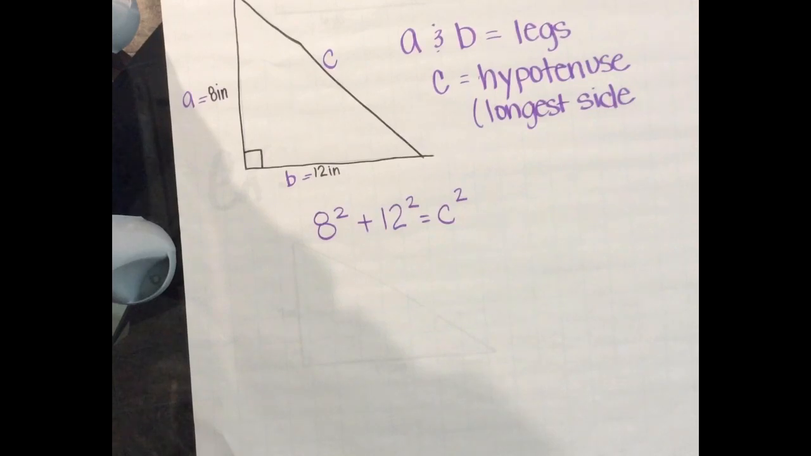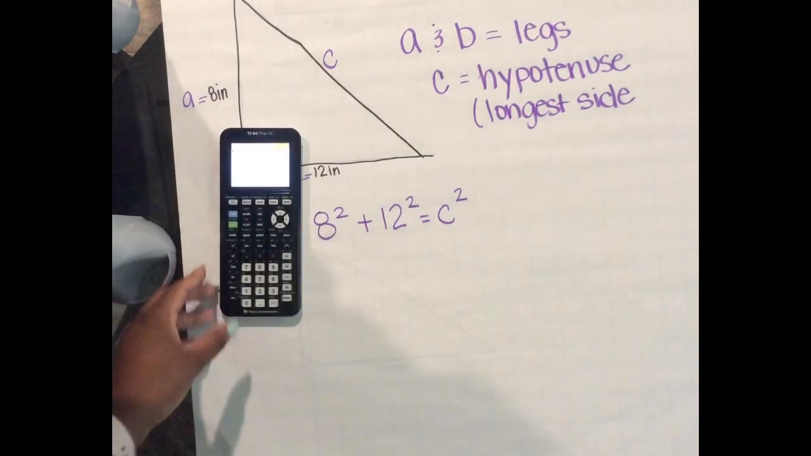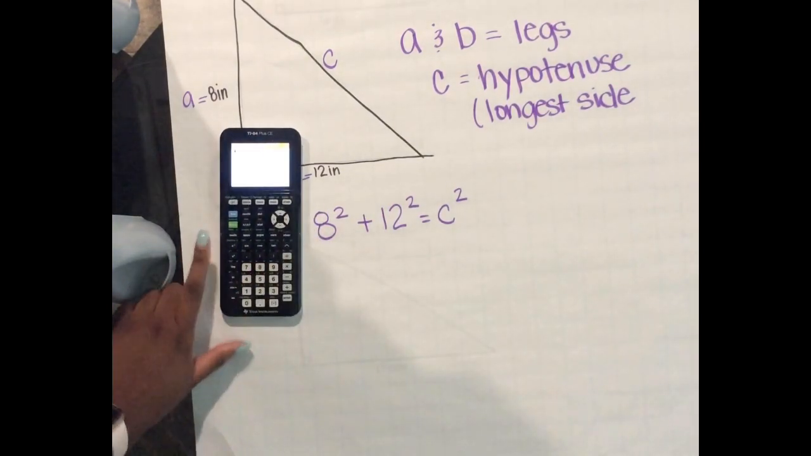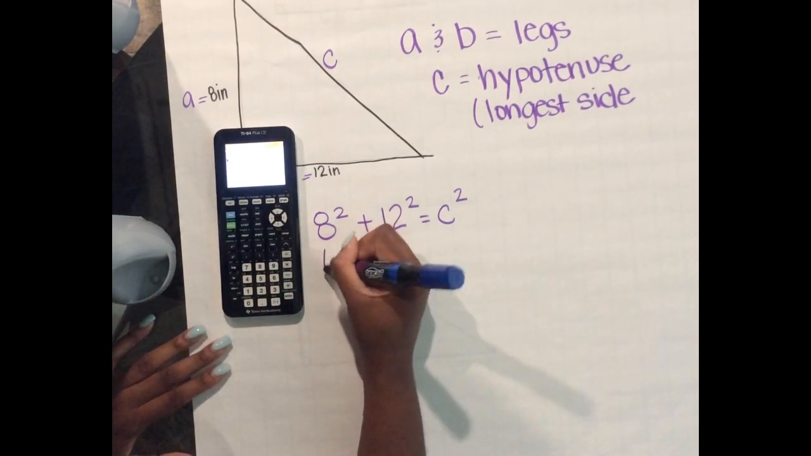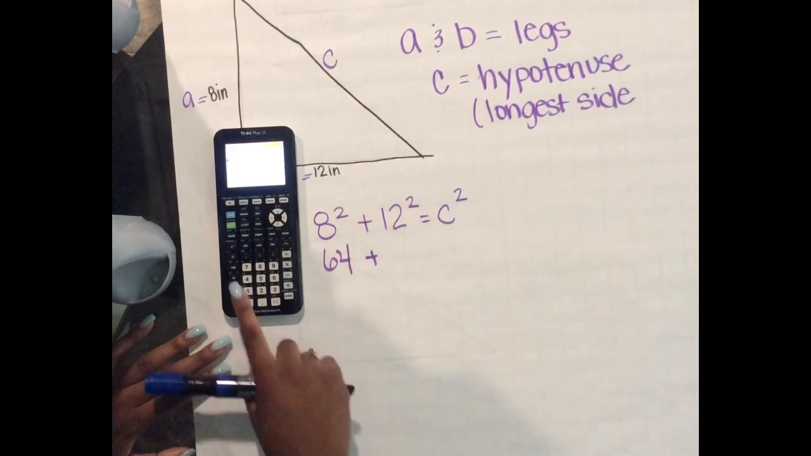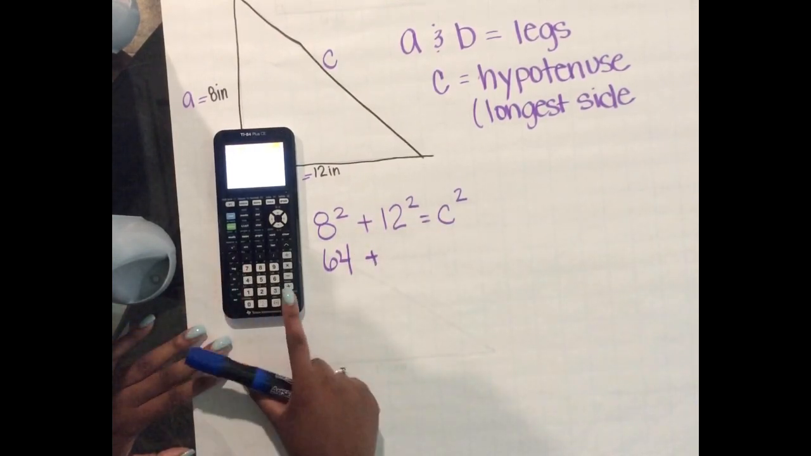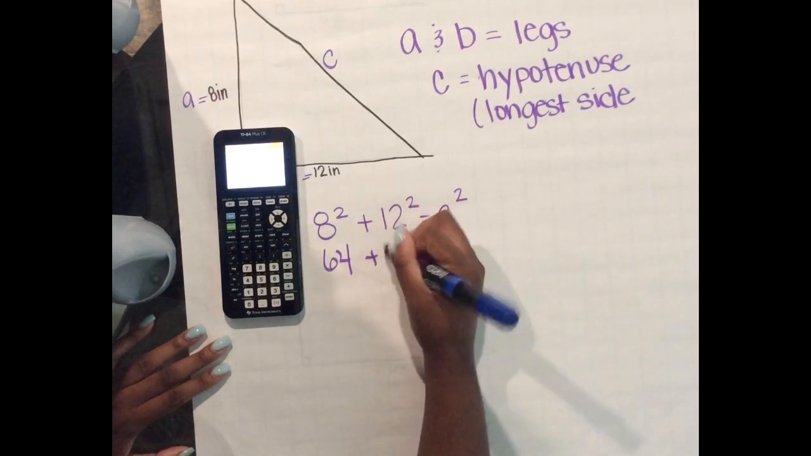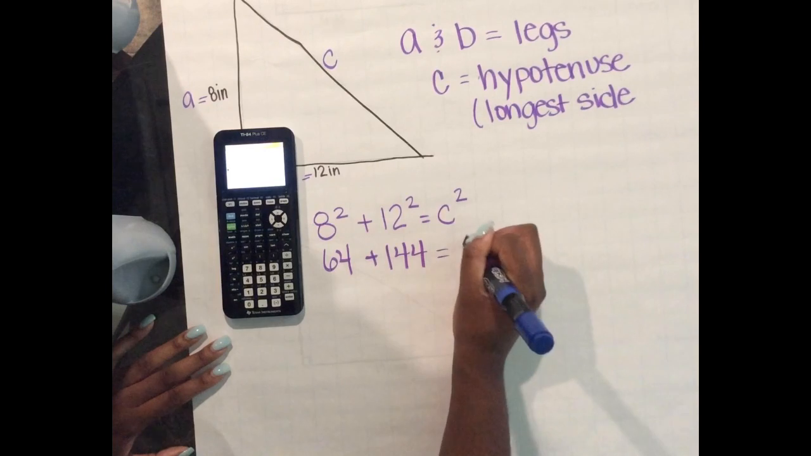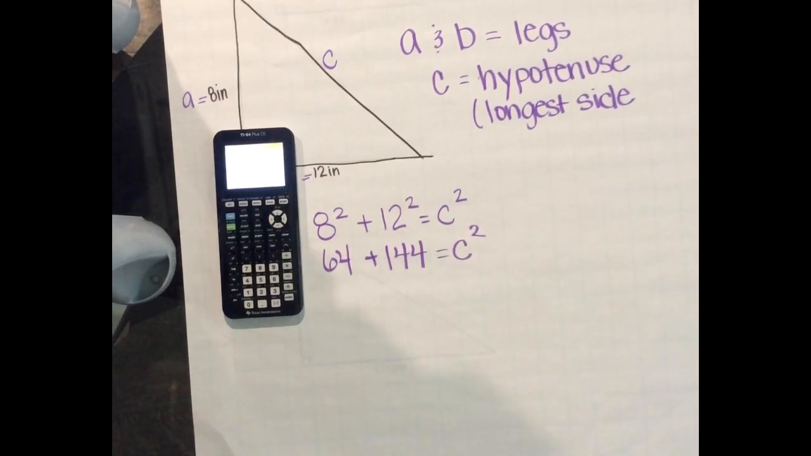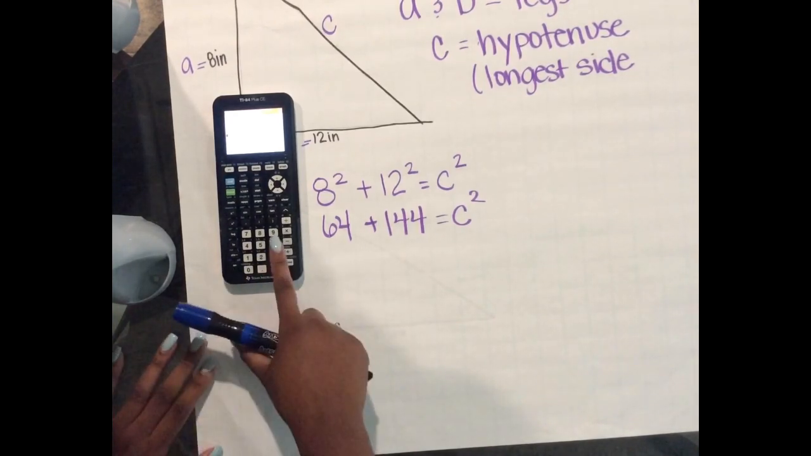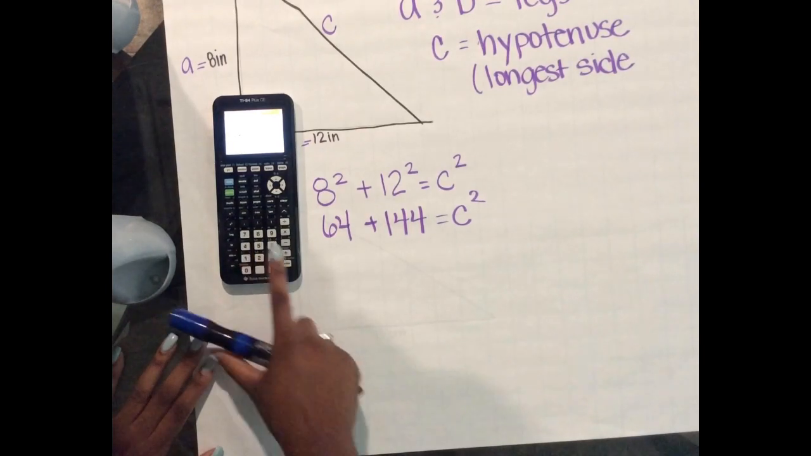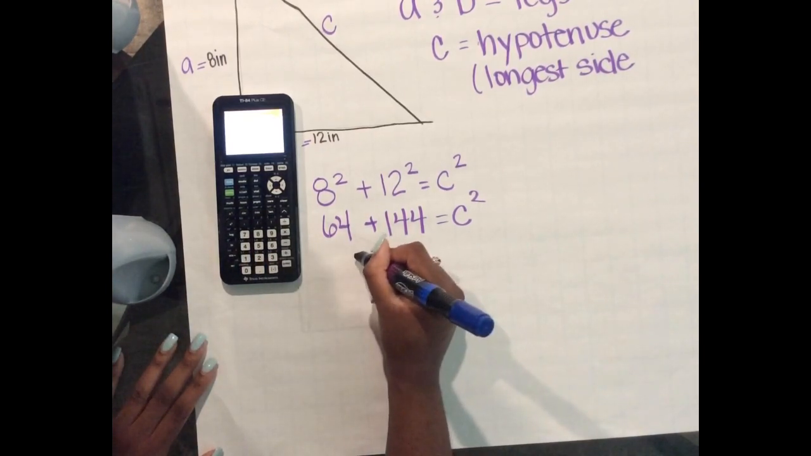Okay? So in our calculator, we're going to type in 8 squared. So 8 squared, and it gave us 64. So now we type in 12 squared, and we get 144 equals c squared. So we're not done. We need to add 64 plus 144. So 64 plus 144 gave us 208